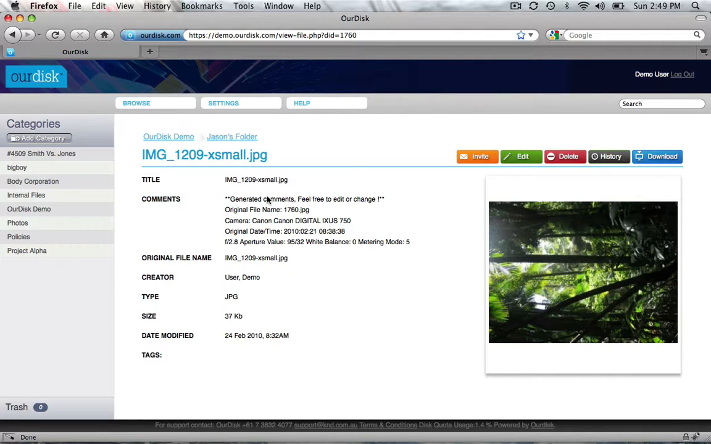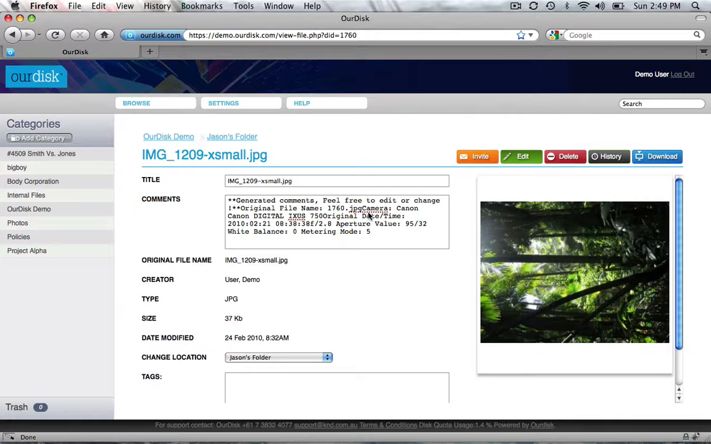Now, in some cases, PDFs and JPEGs, for example, it will bring in the metadata associated with that particular file. So that's automatically generated content. If I have administrator or editor rights, I can edit the details of this. Single click on the edit button, I can go in and